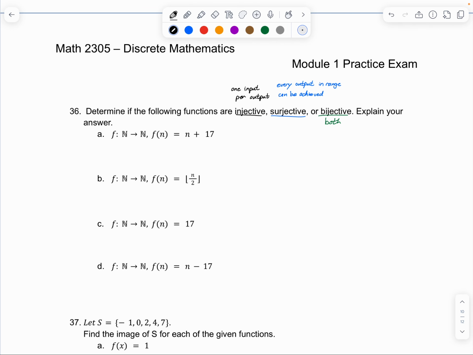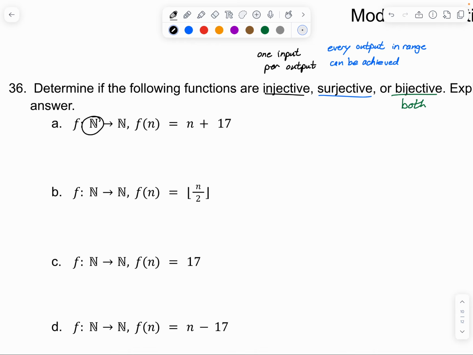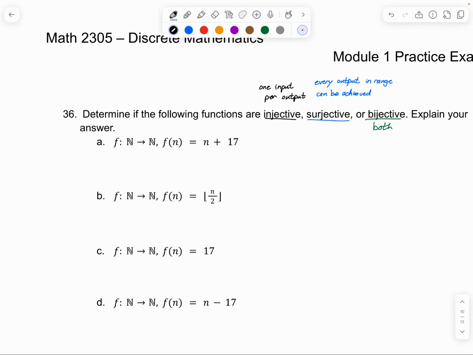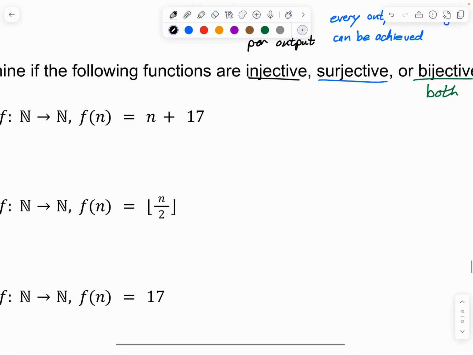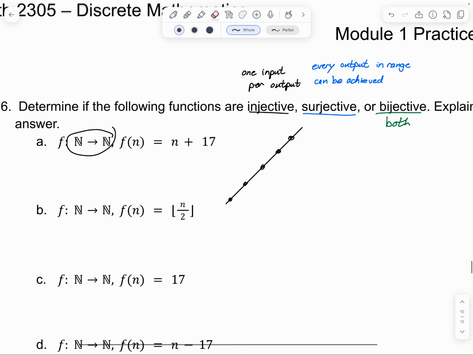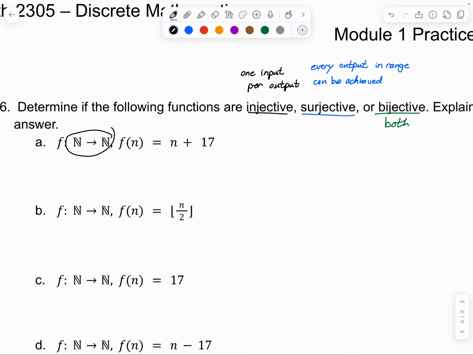So all of these functions, you'll notice, go from the natural numbers to the natural numbers, which means we are starting with 0 through infinity, and they've got to be whole numbers. So let's think about injective, n plus 17. Easiest way to consider this is think of the picture. It's a line that kind of looks like this. Of course, if we're just going to n, then it's just dots. But it would pass the horizontal line test, which makes it one-to-one. So this one is injective